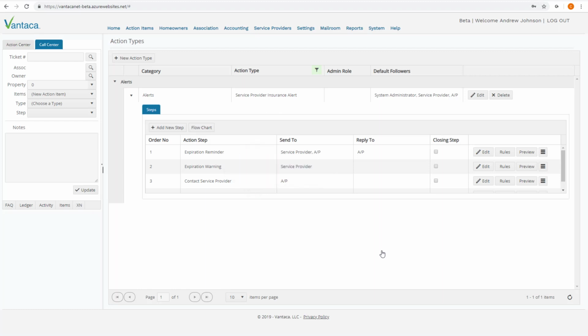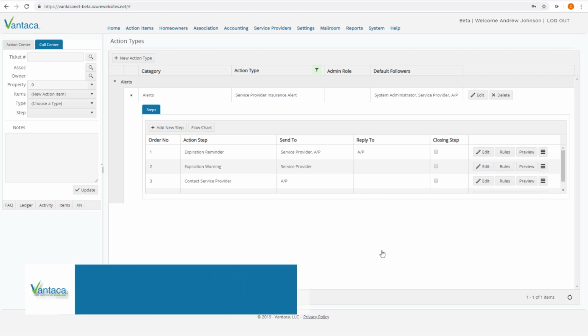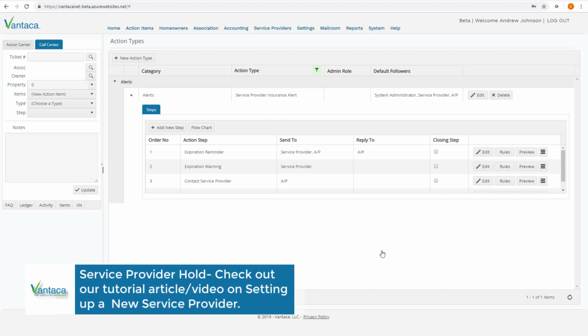From the expiration warning step, you can build out steps to automatically notify different roles within your organization as insurance expiration is reached. Many management companies choose to notify their AP or accounting teams once expiration has been reached in order to put a hold on the service provider once the insurance has hit its expiration date. For more information on putting a service provider on hold, please reference our tutorial article and video on setting up